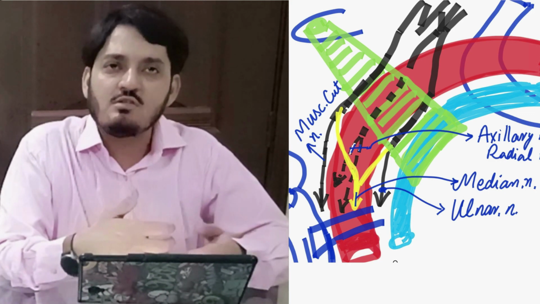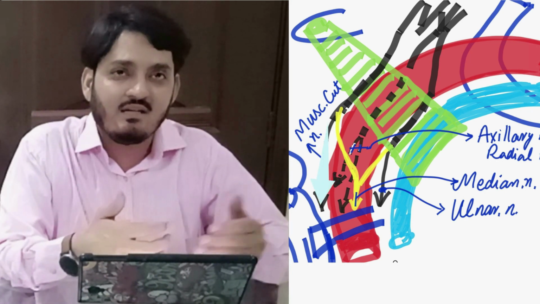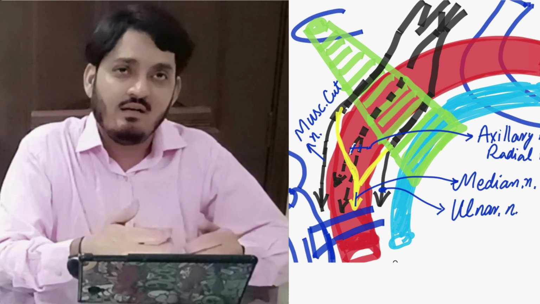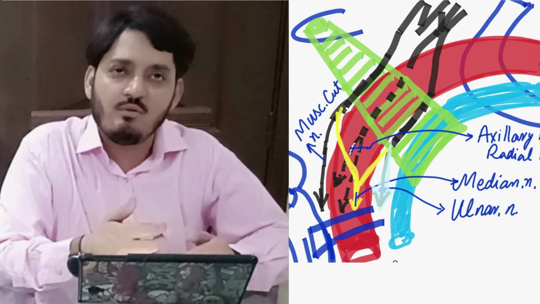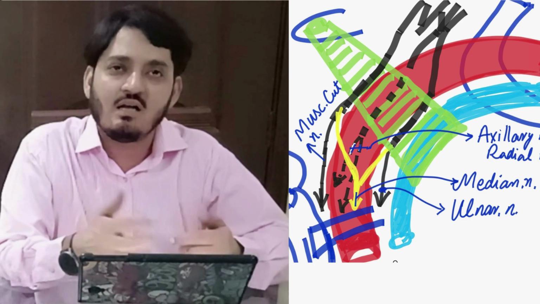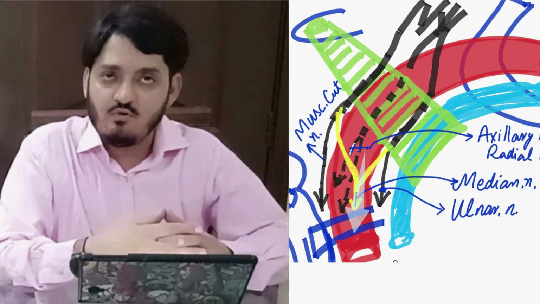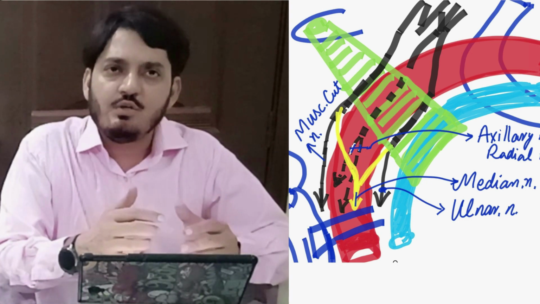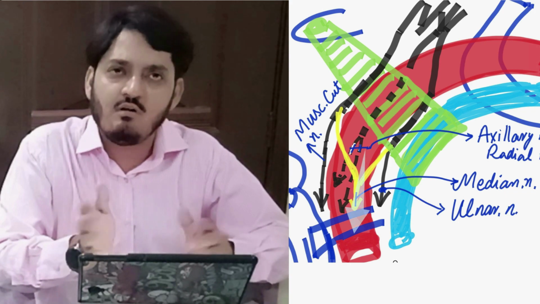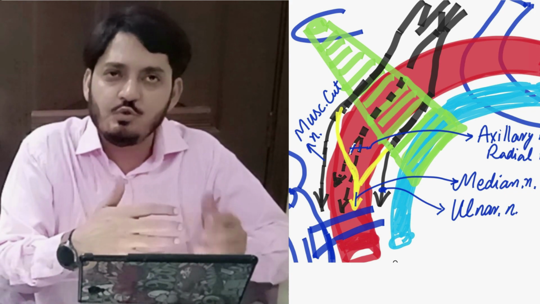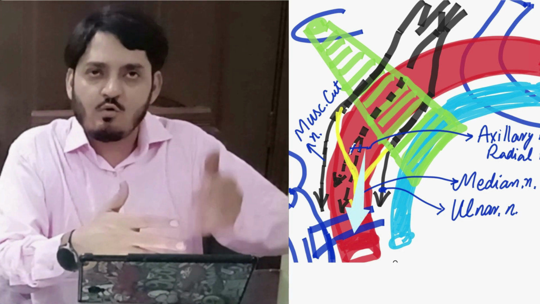If you are asked about the musculocutaneous nerve, you will say it's the branch of the lateral cord of the brachial plexus, and in the beginning, it lies lateral to the third part of the axillary artery. And when you are asked about the ulnar nerve, you will say it's the branch of the medial cord of the brachial plexus, and in the start it lies medial to the third part of the axillary artery. And if you are asked about the median nerve course, you will talk about the origin first. You will say median nerve is formed by union of the medial root and the lateral root, coming from medial cord and the lateral cord, and union of the two roots is in front of the third part of the axillary artery. And after that we will start the course of the median nerve.